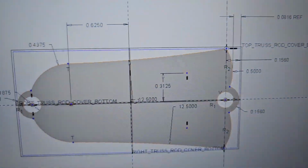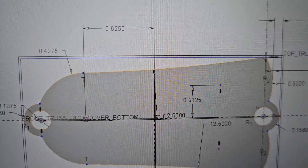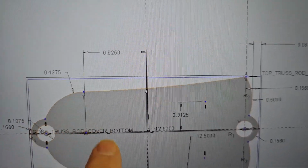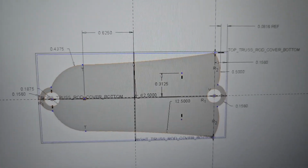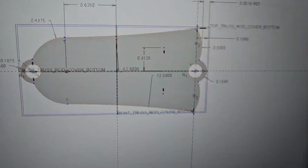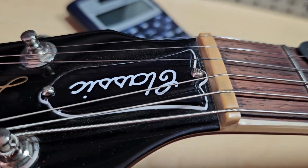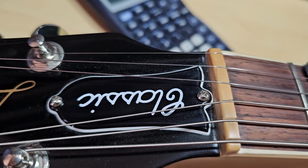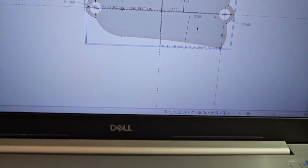Way cool. Okay, so when I measured it, you'll notice I have a lot of dimensions on there. And how did I establish these numbers? How did I get these dimensions? Well, what I did was this. I measured it closely to see what I could get off of the part itself without taking it off. I didn't want to take this off the guitar, which would have been easier, of course, but